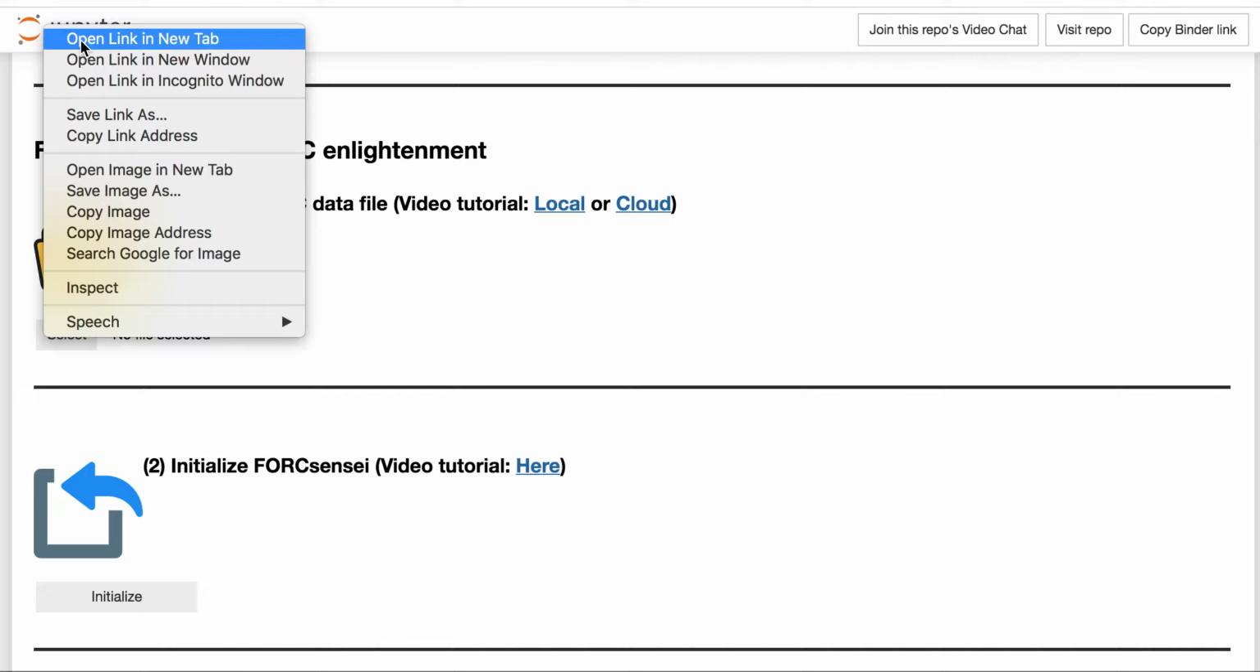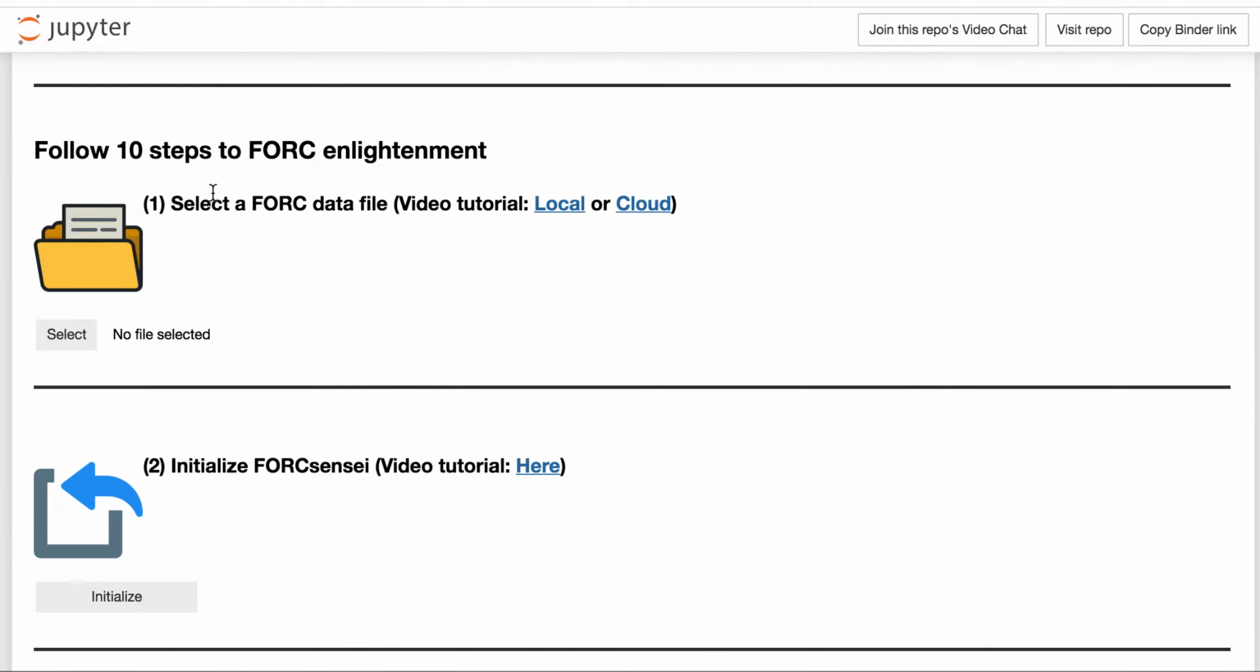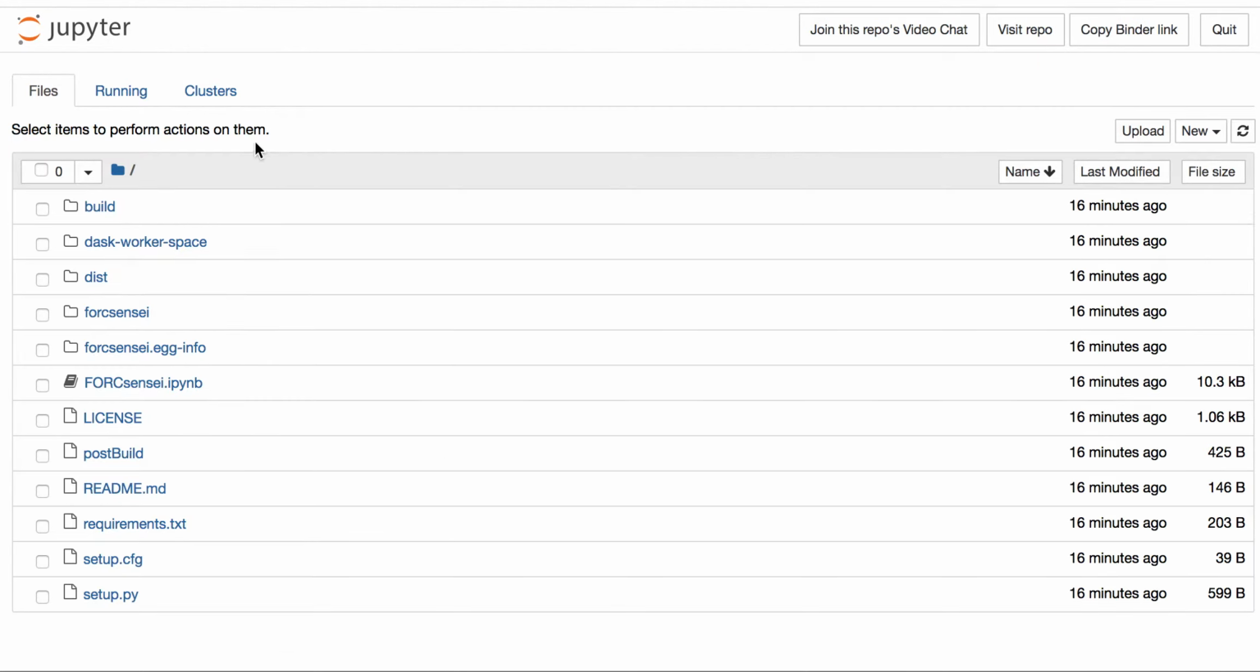That'll open a new tab on my browser, and when I go to that tab, you can see it's got information about all the files that are available in the current space allocation we've been provided on the cloud. So these are the various files it needs for running FORCsensei, but what we can do is upload our own data file onto the cloud. So if we say upload,